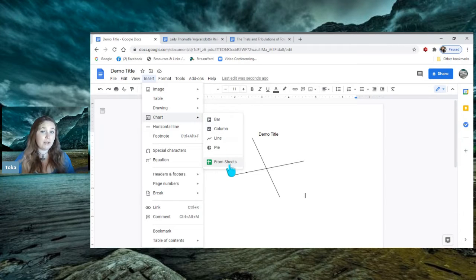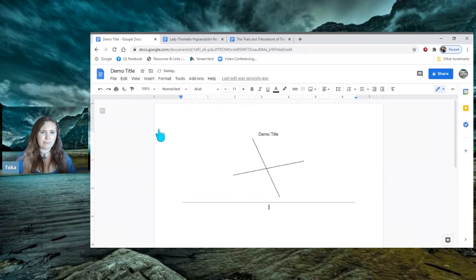You can also export it from Google Sheets. Please wait for my next Google Sheets class on how to use Google Sheets. Thank you. You can add in footnotes, or if you're dividing up sections, you can put in a horizontal line